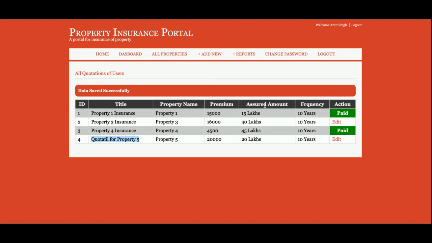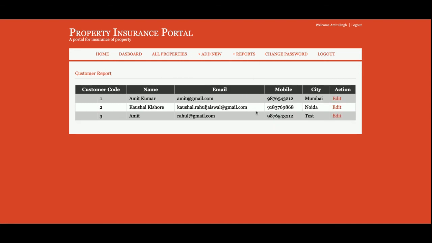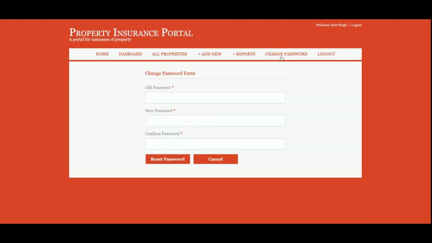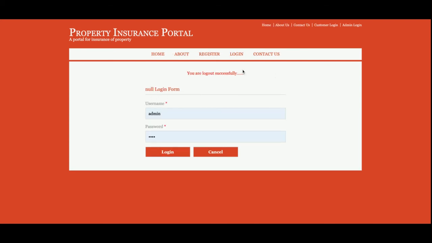Whose property is this, right? So admin can see which quotations the user has paid and which have not been paid by the user, right? So there are two quotations which have not been paid by the user. This is All Quotations, and this is All Customers, from where admin can view all of the customers, and even see the details of the customer. Change Password, from where admin will be able to update his account password, and after changing the password he will be able to log into the system with the updated password. Log out. Once he logs out, the administration menu will not be displayed.